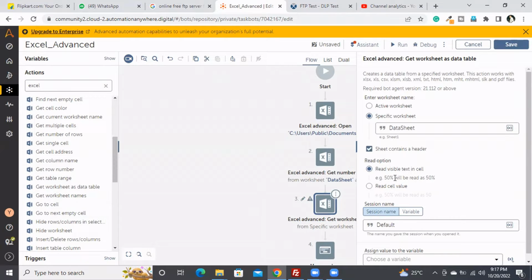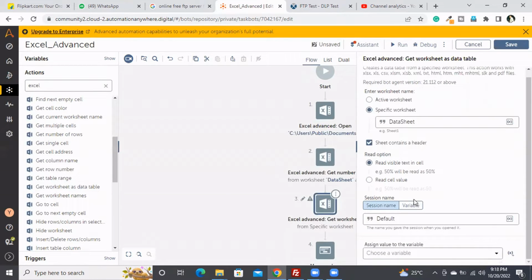Then read visible text in cell or read cell value. Suppose with read visible text, they give the example that in the cell it is printed as 50%. The value also will be considered as 50%. If we select this option, if it is 50%, the special character will be removed and only the numeric data will be considered. Like this it will work. So I'm taking this option only, and here